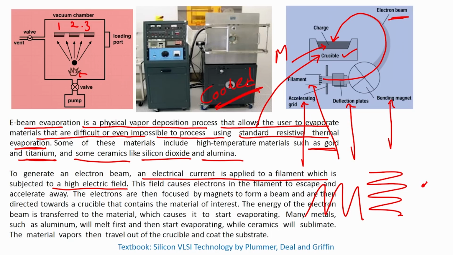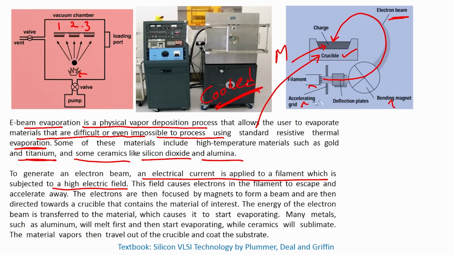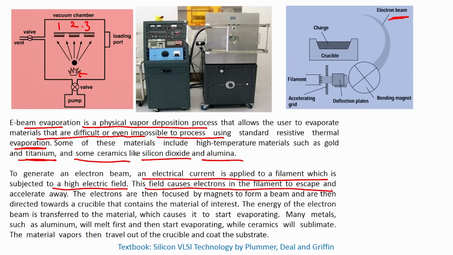right. So, if you see here what we have written, that an electric current is applied to the filament which is subjected to high electric field. This field causes electrons in the filament to escape here, right, and accelerate away. The electrons are then focused by magnets to form a beam, right, here with the help of magnets. These are used to form a beam, and then are directed towards a crucible that contains the material of interest. Material of interest is within your crucible,